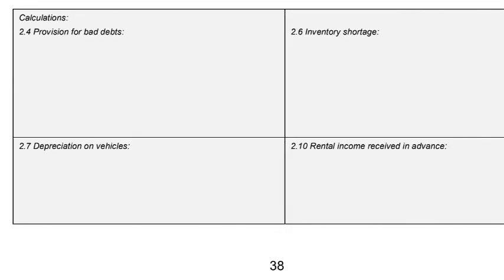To be able to complete this exercise, we first need to do a couple of calculations. The first calculation will be the provision for bad debts. If we read the information 1, we start with an opening balance for debtors control of 261,150 Rand. We will then go to adjustment 2.1, where a debtor returned damaged goods with a cost price of 10,000 Rand. A profit margin of 50% is maintained.